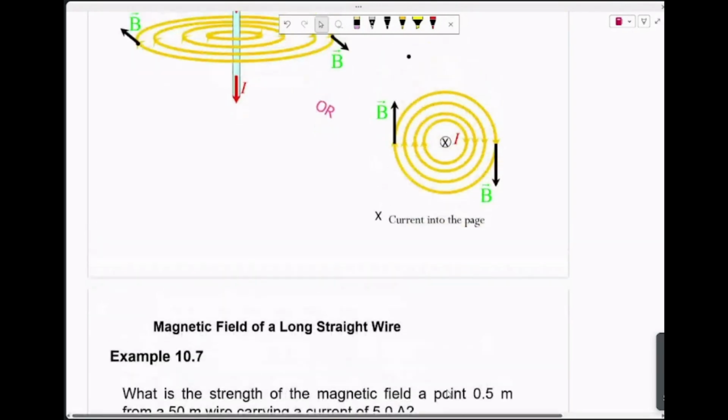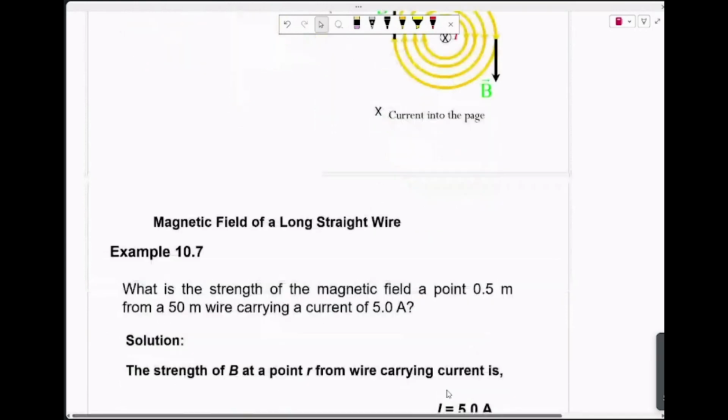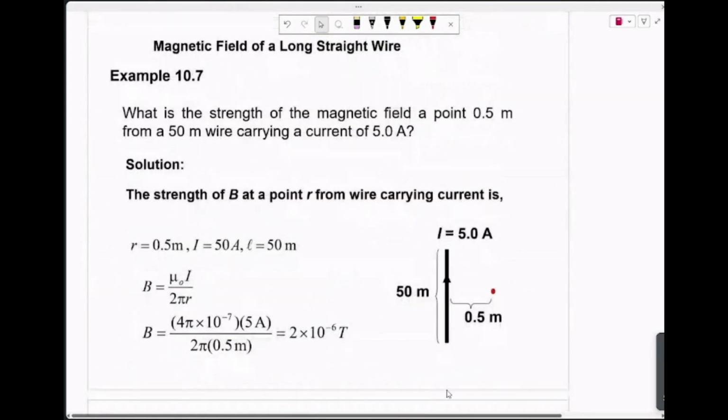field. And then you can also use the direction of the thumb as the magnetic field, and then you could eventually navigate the direction of the other four fingers to the direction of the current itself. Okay, it can be used the other way around. Okay, so if we go to the example here, what is the strength